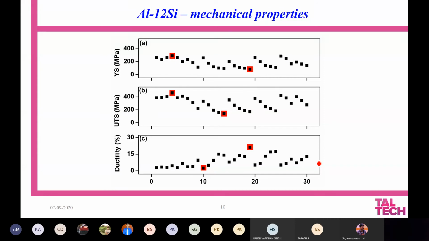So I would like to summarize by saying two or three things. First thing is the material properties of the material produced by the selective laser melting process is not a constant. There is a possibility that one can alter both the mechanical properties, such as strength and ductility, of the material without much difficulty.